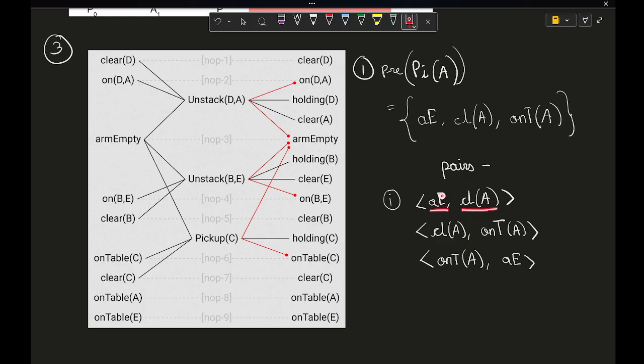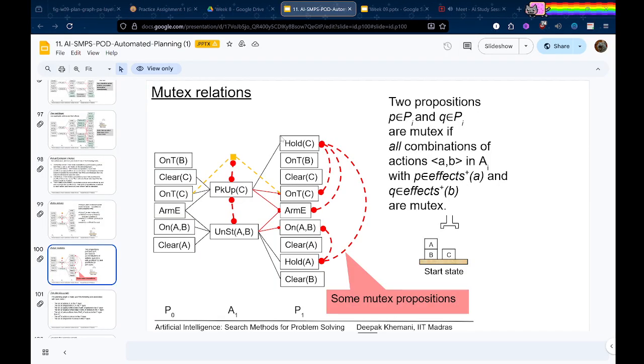So one thing I can see here is that arm empty is a negative effect of this, a negative effect of this, and a negative effect of this, while clear A is a positive effect of this. And for any propositions, they are mutex if all combinations of actions for which